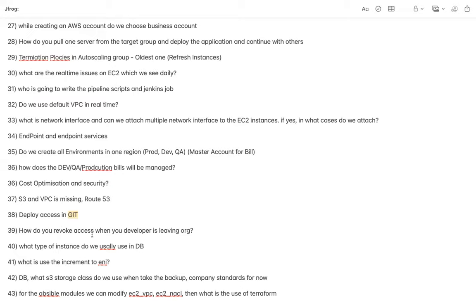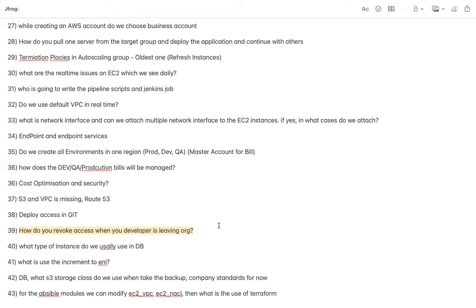Okay, so how do you revoke access when your developer is leaving the organization? There are two ways. First, the manual way: we can remove the users, because we have a checklist wherever we provide access to a developer, and we have to complete the checklist. As and when a user is going to leave the organization, the HR team is responsible for sharing the notification on the final day of that user.